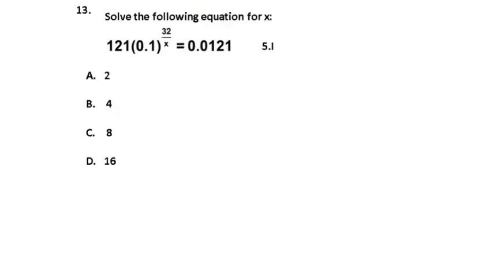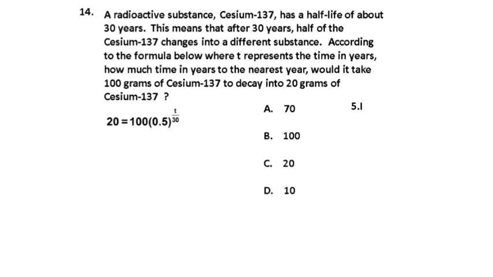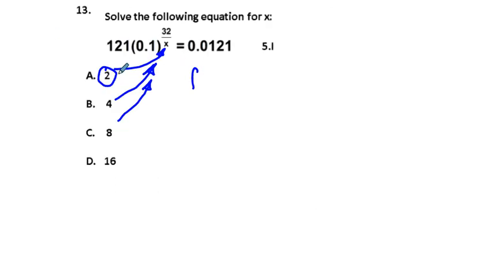13. We have to solve the following equation for x. Now, there are a number of ways we can do this. One of which is we can take these values for x and substitute them in and see which one gives us a correct solution. We'll try them one at a time, try one in the middle. You can also solve by graphing. If you set one side of the equation equal to 0, and we subtract out this 0.0121 on both sides,